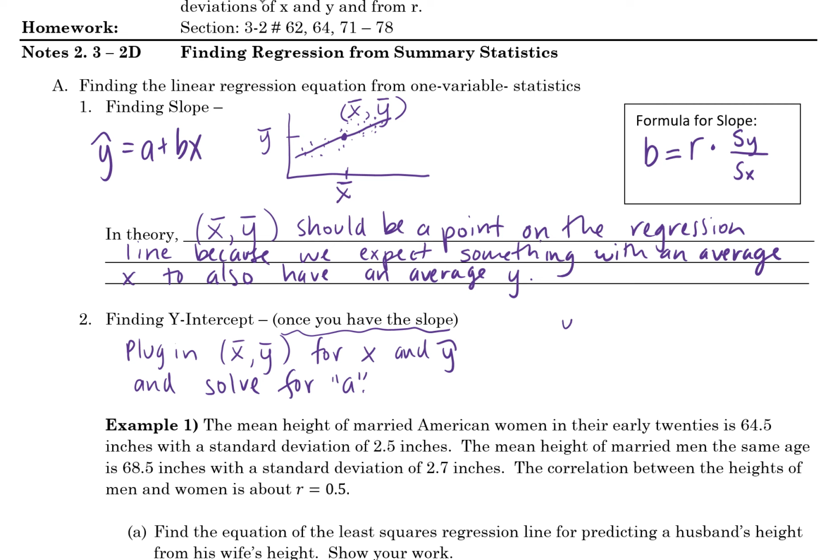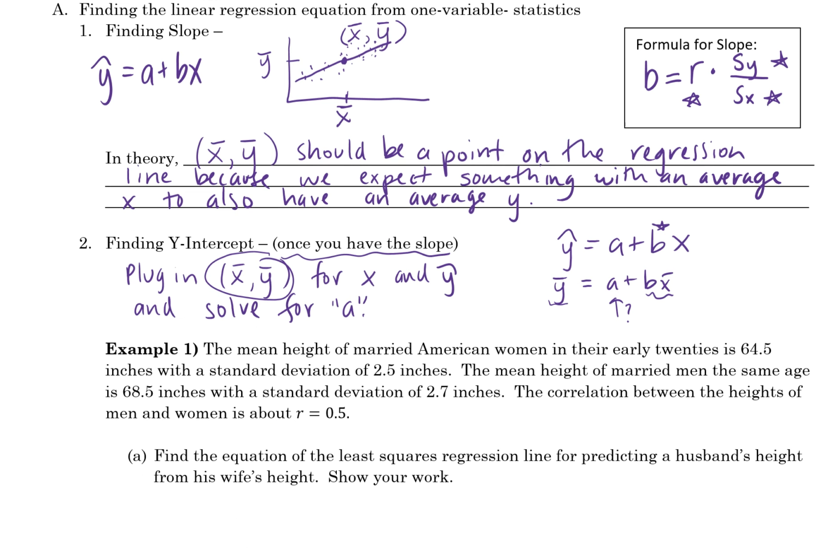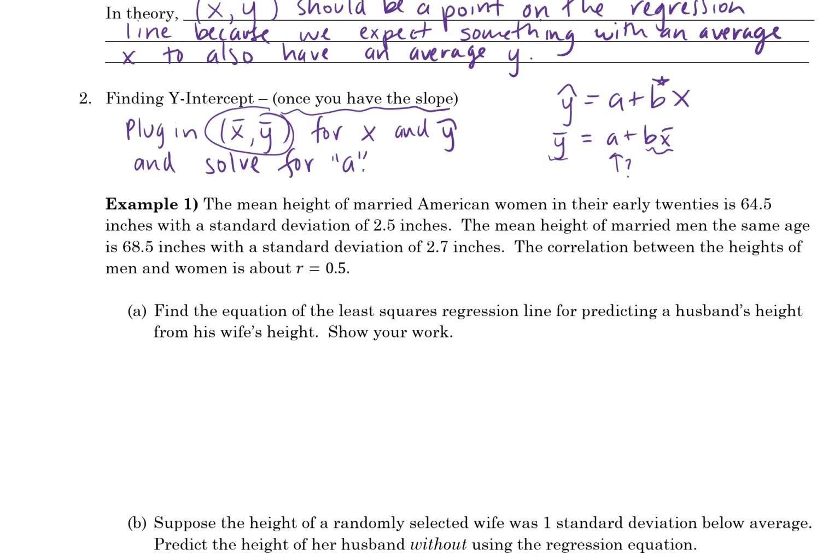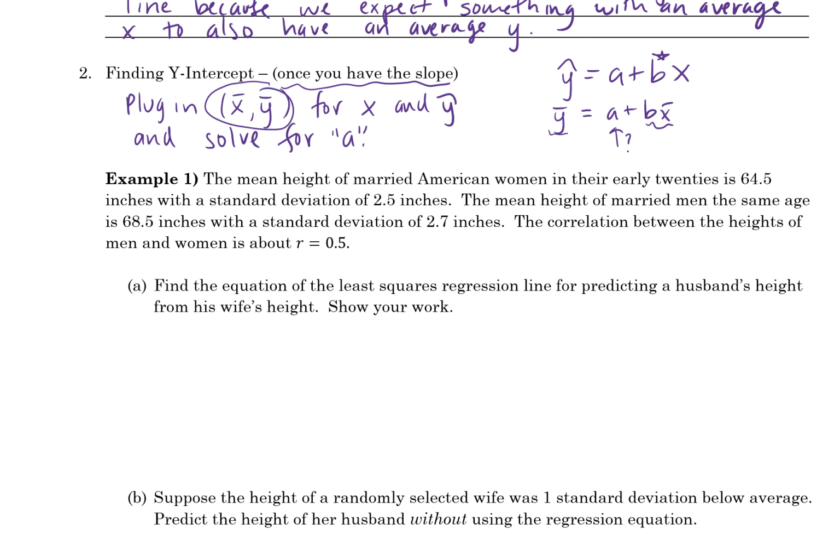Mathy, admittedly, but. Again, you're starting with the equation y hat equals a plus bx. You already know b. So you're going to plug in y bar, and you're going to plug in x bar. You should already know those, so you're just trying to figure out what a is. So let's actually look at an example, and as you're going to see, you're going to be given everything you need. They're going to give you the correlation, the standard deviation of x, the standard deviation of y, and the mean of x and the mean of y. So let's look at an example and put all this together, and then we're pretty much done, actually. So let's do it.